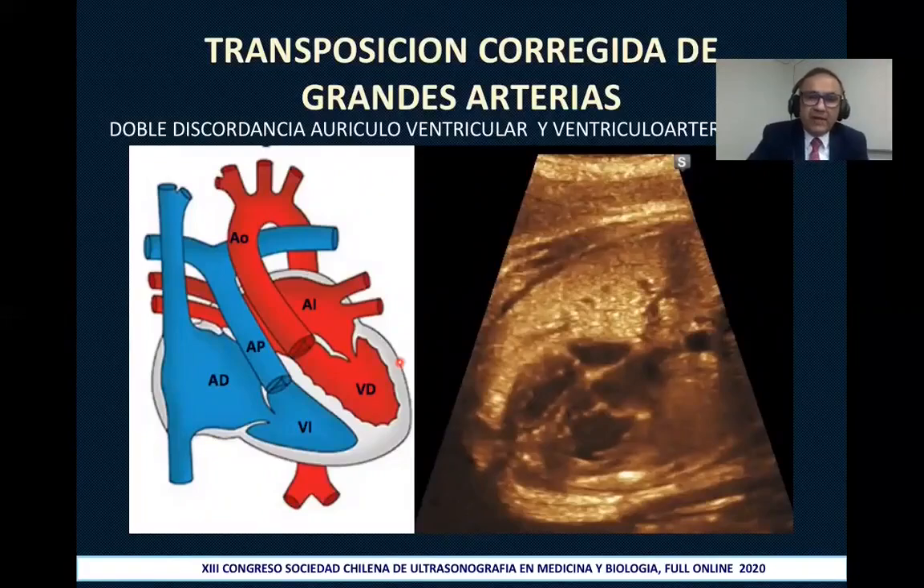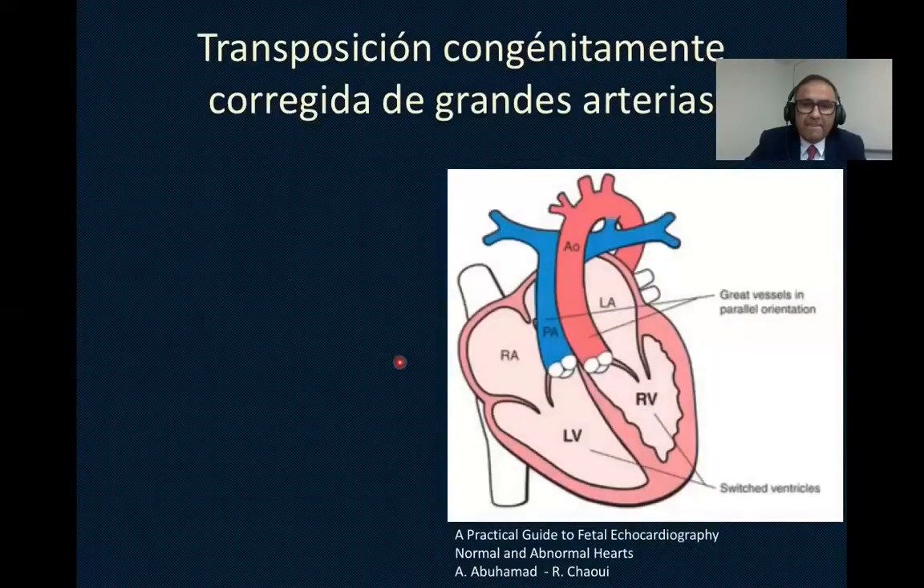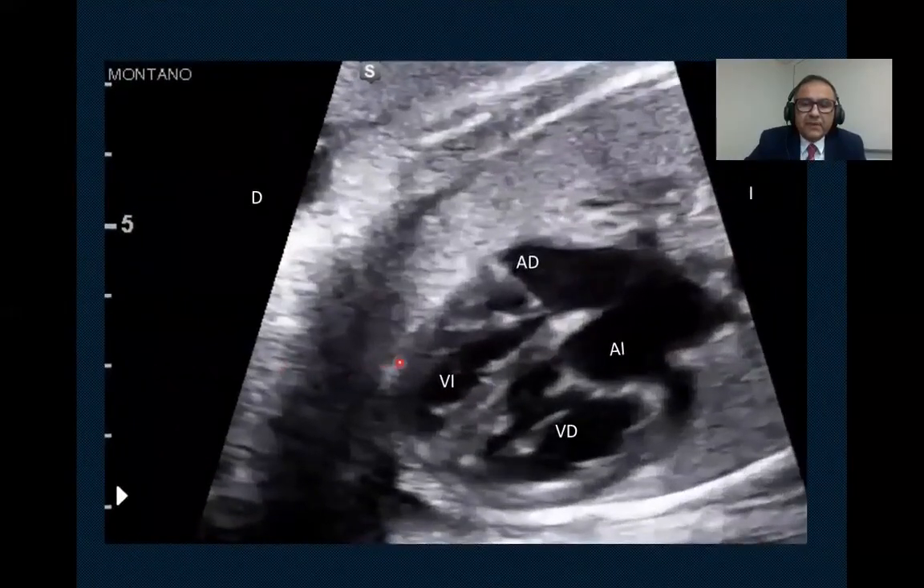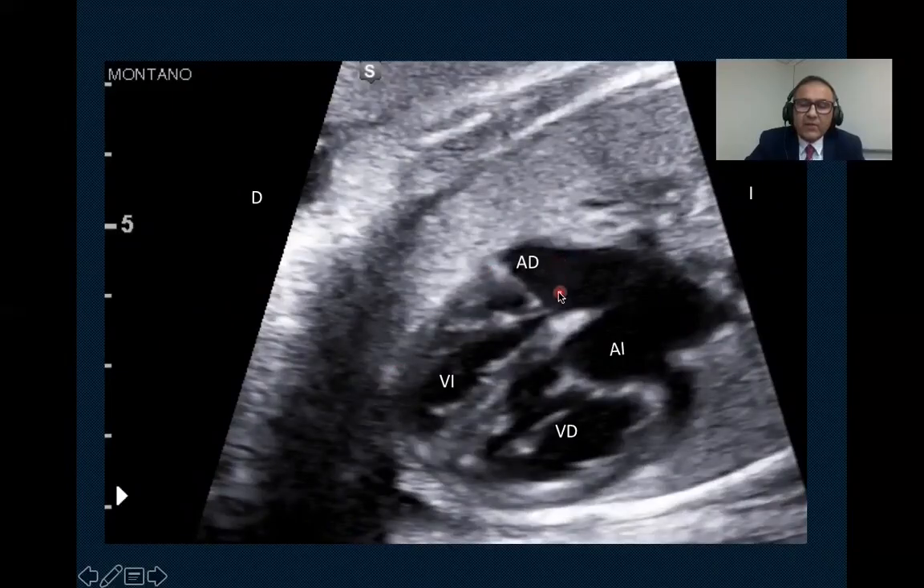We have congenitally corrected transposition of the great arteries, atrioventricular and ventriculoarterial discordance. The fetus is in a cephalic presentation with the back on the left side. That is, in this image, we can see that there is a double atrioventricular and ventriculoarterial discordance, such that the